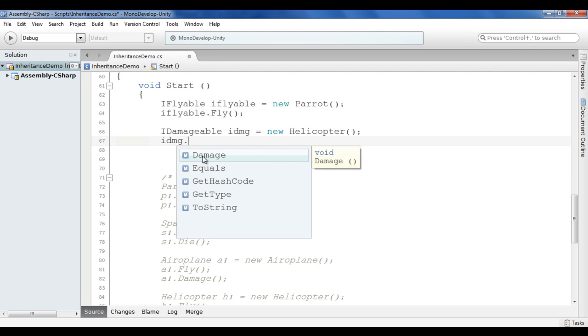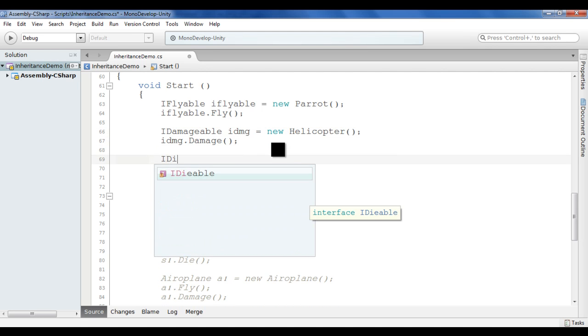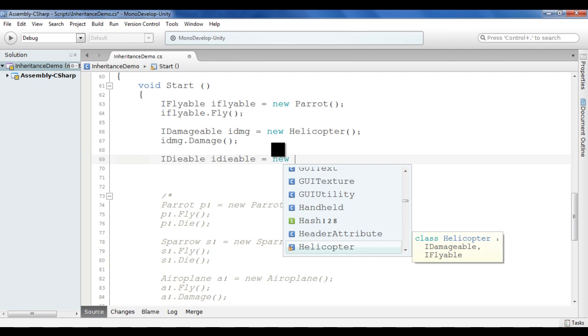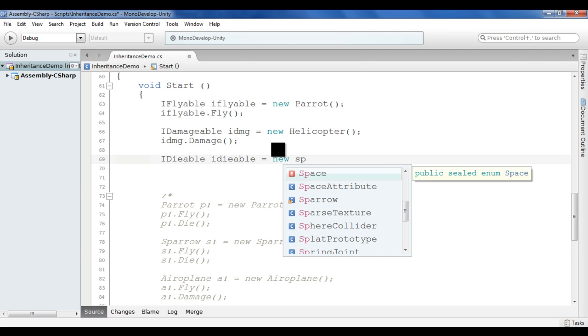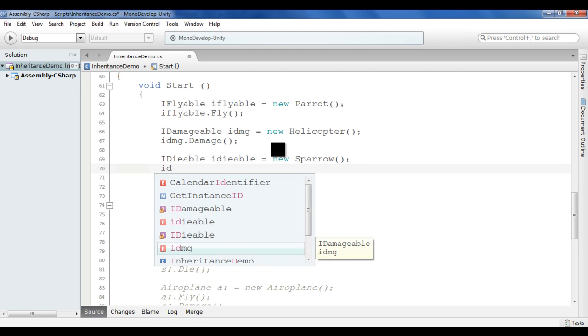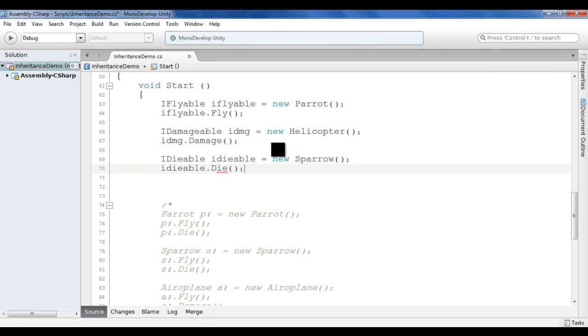and I can say idmg. and you can see only the Damage method is visible. You cannot fly or you cannot kill. So I can select Damage. This will damage the helicopter. Similarly, IDieable, I can say IDieable is equal to new Sparrow. So we can tell the sparrow to die. So IDieable.Die. So you need the interfaces, because